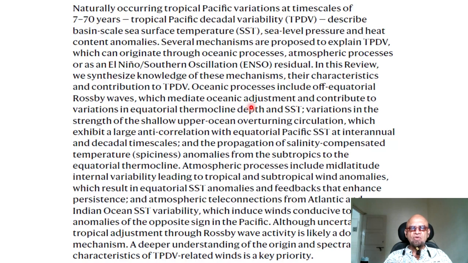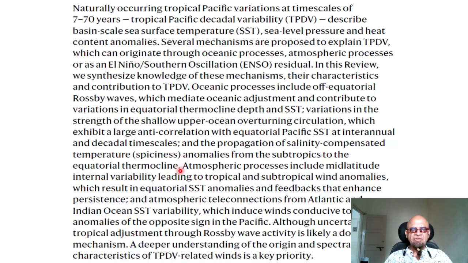Oceanic processes include off-equatorial Rossby waves, which mediate oceanic adjustment and contribute to variations in equatorial thermocline depth and SST, variations in the strength of the shallow upper ocean overturning circulation, which exhibit large anti-correlation with equatorial Pacific SST at interannual and decadal timescales, and the propagation of salinity compensated temperature anomalies, which we call spiciness, from the subtropics to